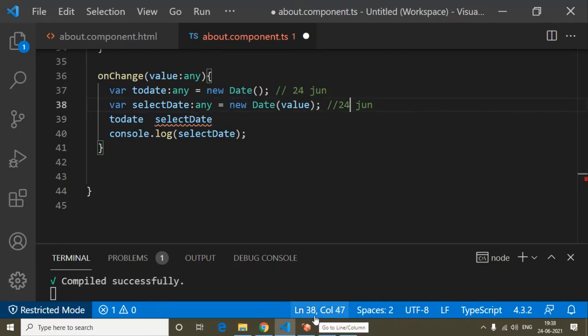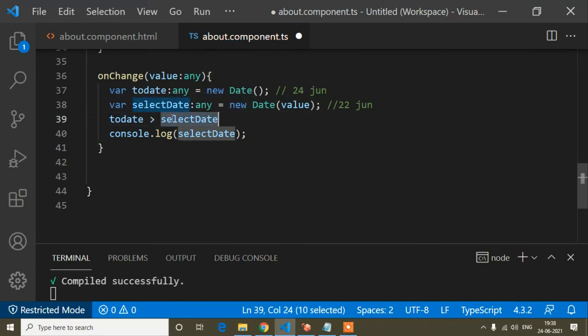Like here, suppose user has selected 22 June. So that means it's a previous date. So when the user selected value is less than today's date, so it's a less than. At that time I will reset our field, because today's date is big.